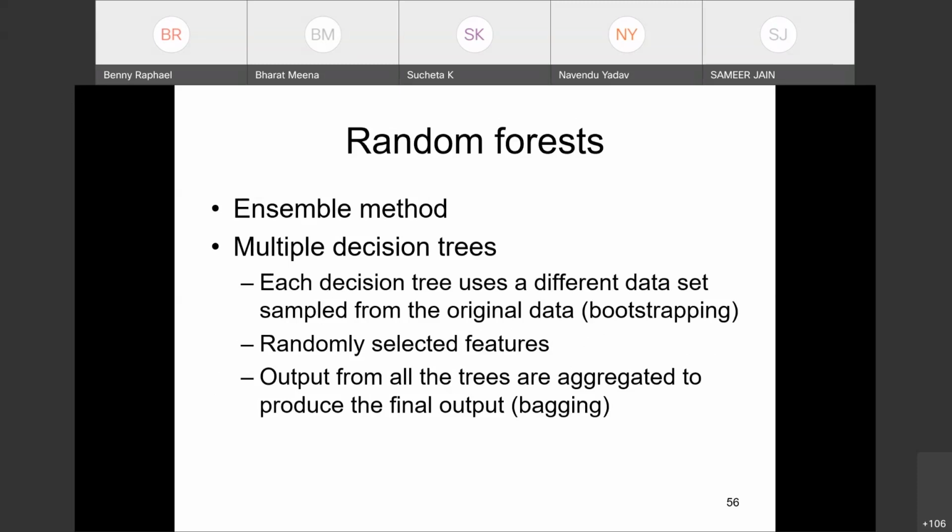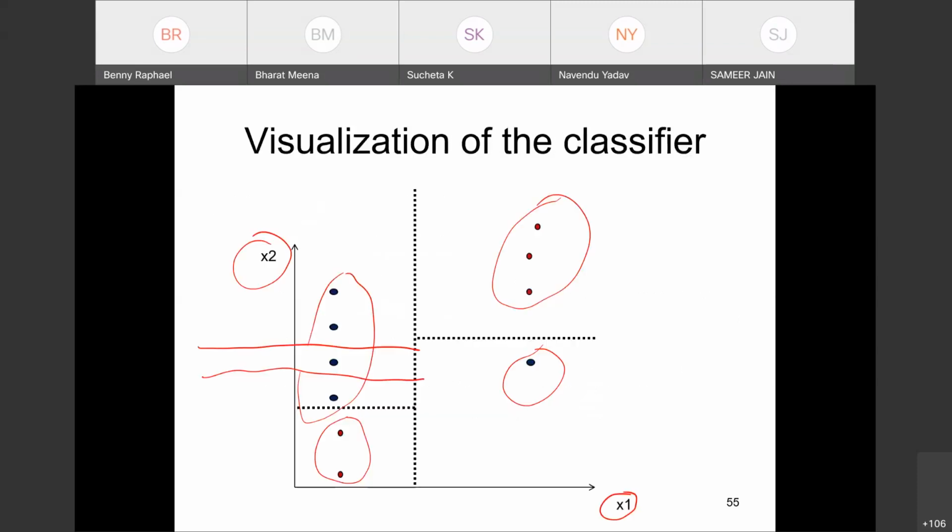Why they are doing that is because people found that these decision trees are very sensitive to certain variables, especially in cases where the improvement is not that much and the initial node we select completely changes the output. Depending on if there is any ambiguity in selecting the first node, if the data is slightly different, you can get a completely different tree. So it could be very sensitive to the initial nodes depending on the data set.